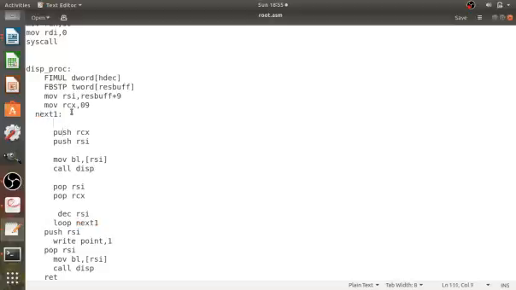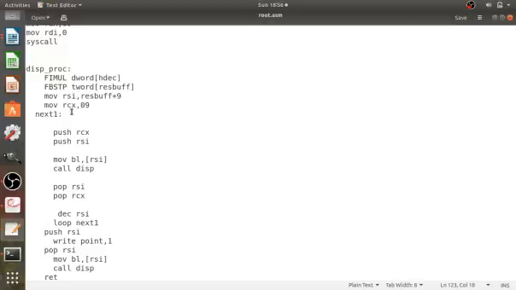So it is the loop label. Again push RCX, RSI, read the value from RSI, copy it in BL and display that value of BL. As we are copying the value of RSI in BL, we have to use BL in the display procedure. If you are using another register here, then you have to use that register in the display procedure. So remember that point. This will repeat 9 times and it will go to the next statement after the 9th loop, when RCX becomes 0. Now push RSI. Again we push RSI on the stack, write point. Now we display that point value as we are going to display the decimals.